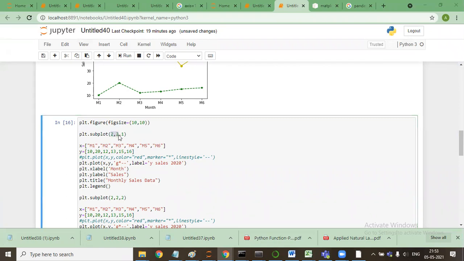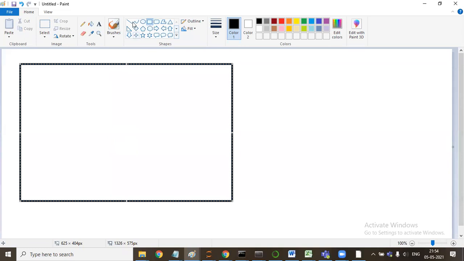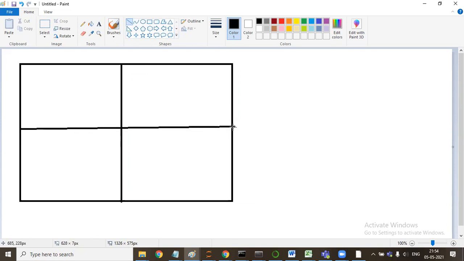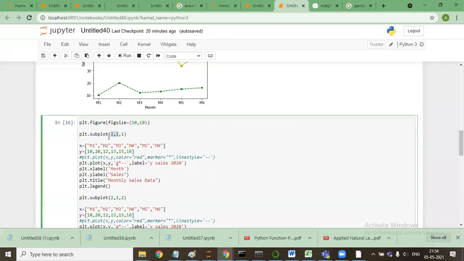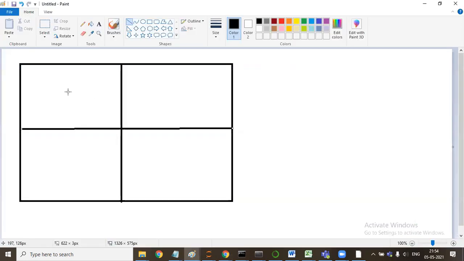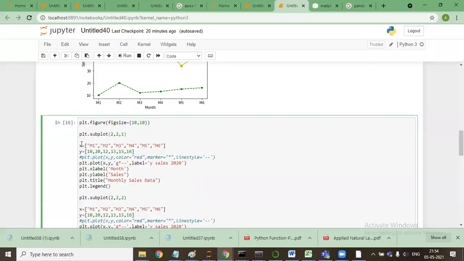So it will further divide this space into 4 equal parts. Out of these 4 areas, the first one is used to plot this graph.